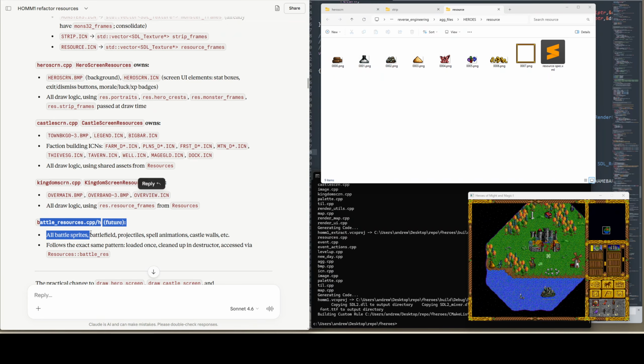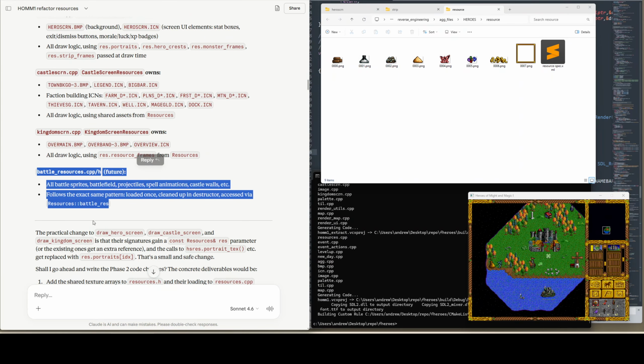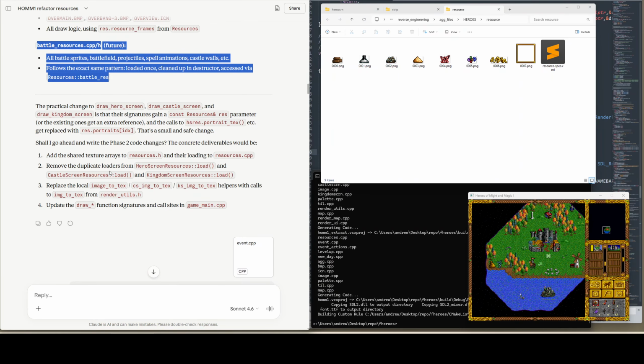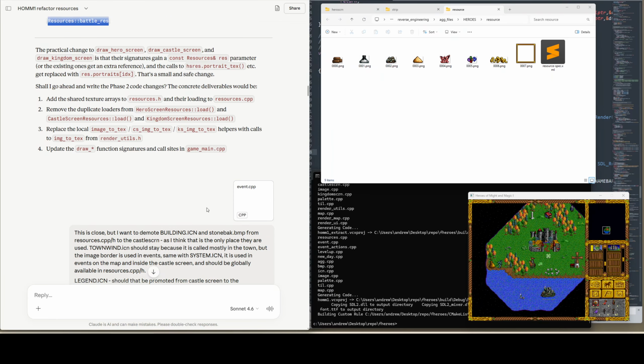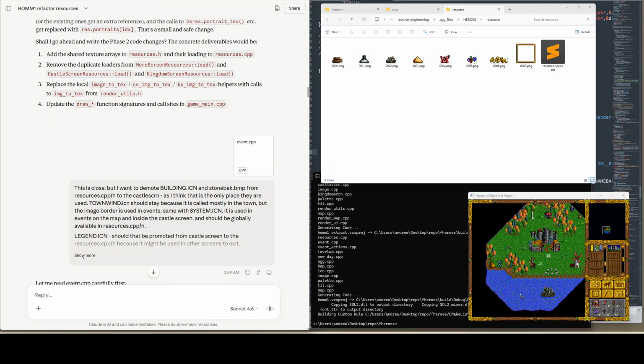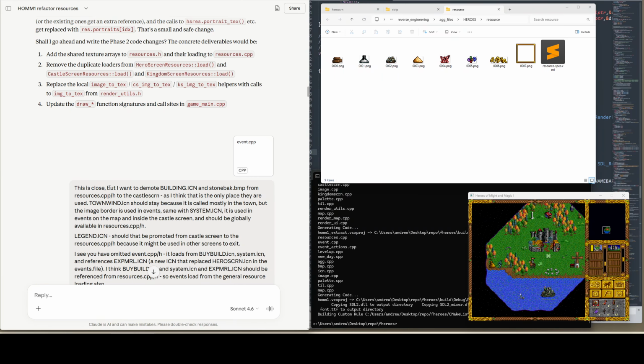And then this is a future projection here. So this sounds okay to me. I call out, like, hey, in event.cpp, I also actually, so first I mentioned that building.icn and stoneback from resources.cpp, those are only used in the castle screen. So why don't we demote those? Let's actually demote those from